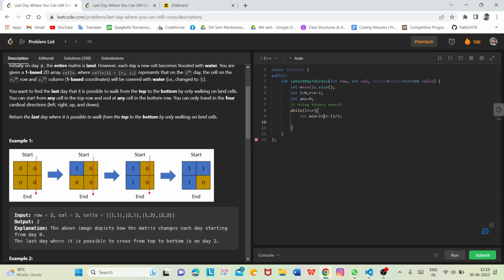Okay, so on midday, what we will do, we will fill all the cells of a particular matrix with water. Okay, so let us get our matrix, a vector of vector matrix, and the size of this matrix is nothing but row comma column. So basically I'm going to initialize it with 0. Okay, so on midday,